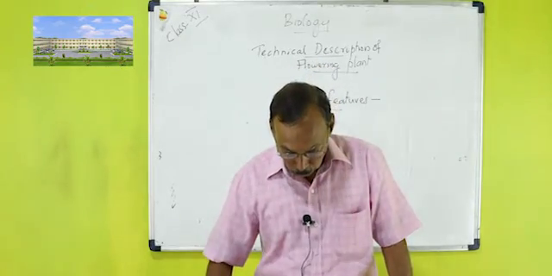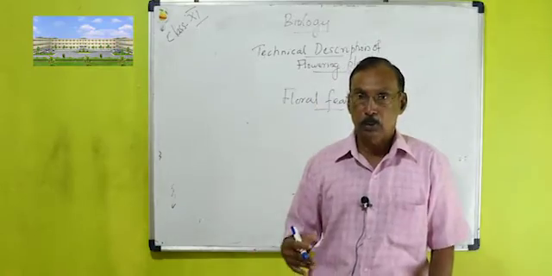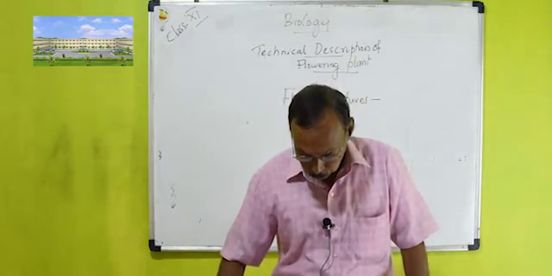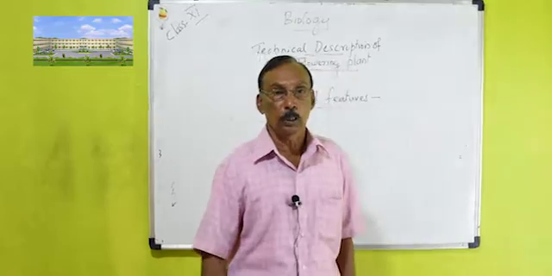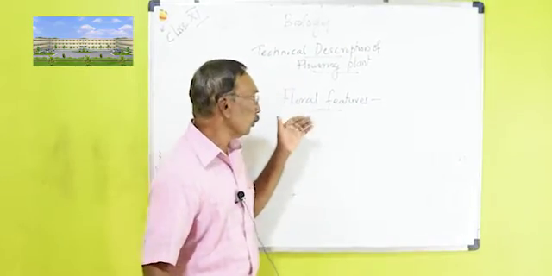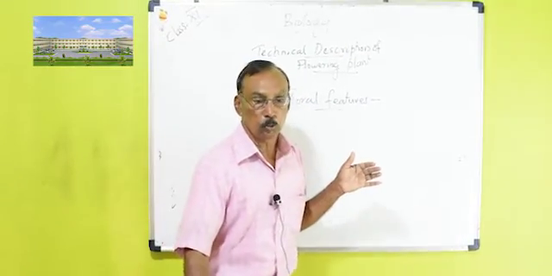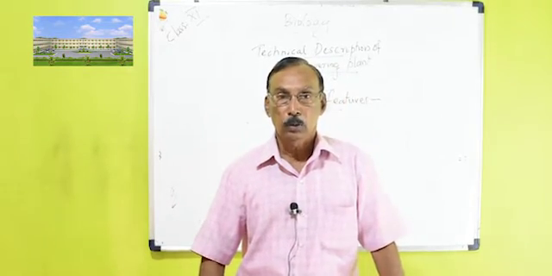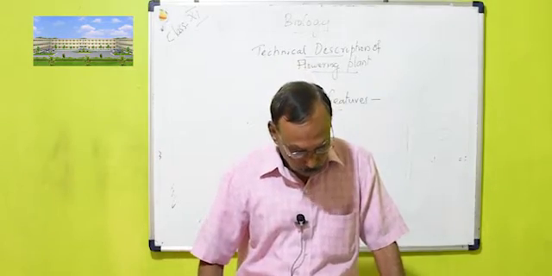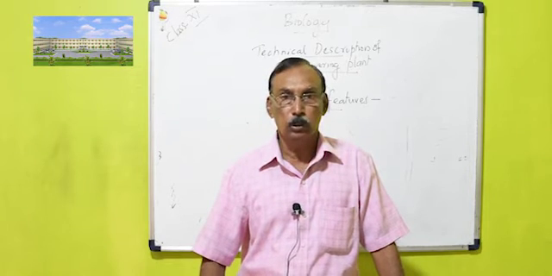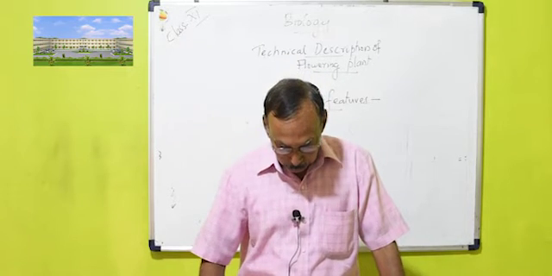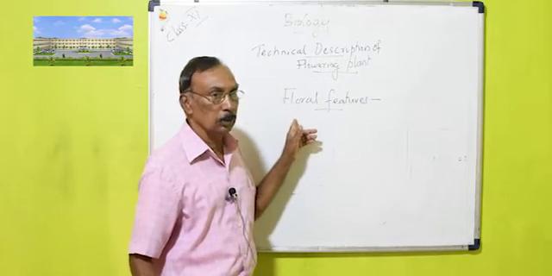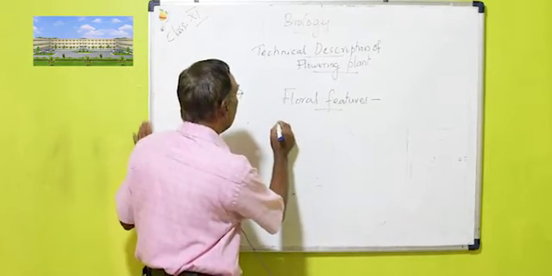For the flower, first the type of inflorescence, racemose or cymose. Then you draw a floral diagram, which I showed you how to draw, and the floral formula is also written. These are the steps we use for the semi-technical description of the morphology of a plant. Now, for the floral features, the flower may be bractate or